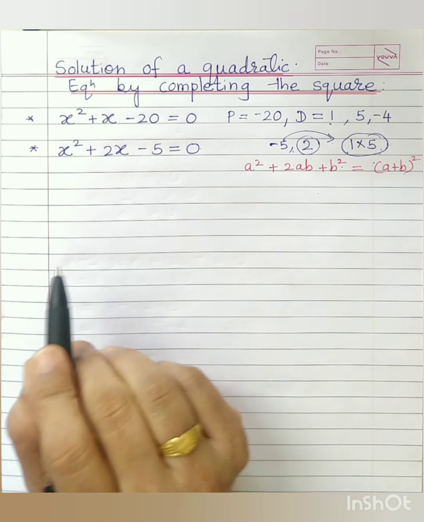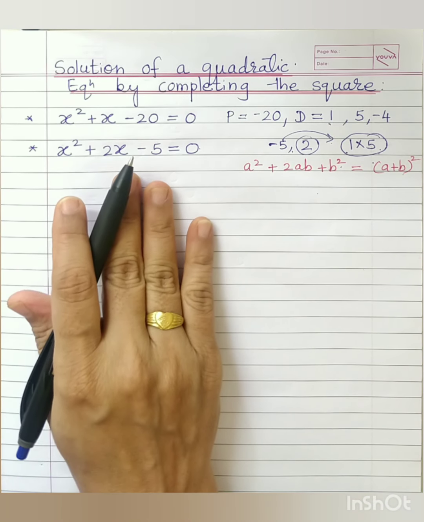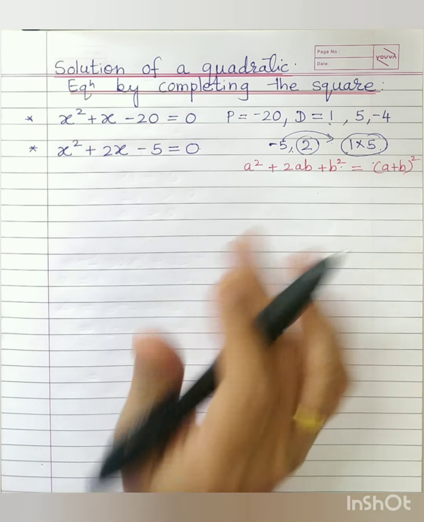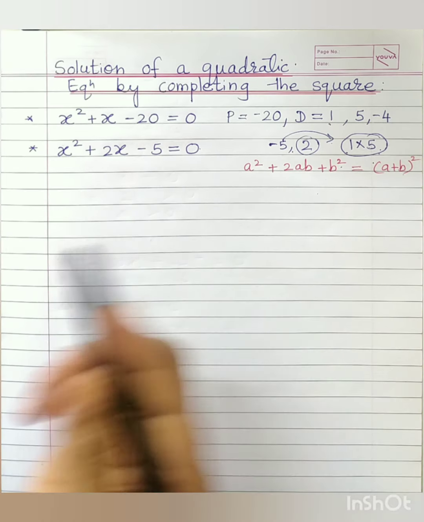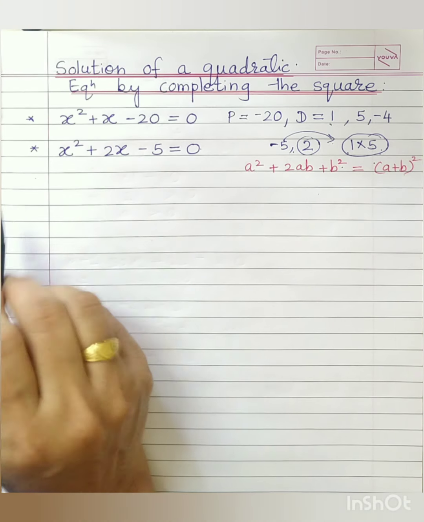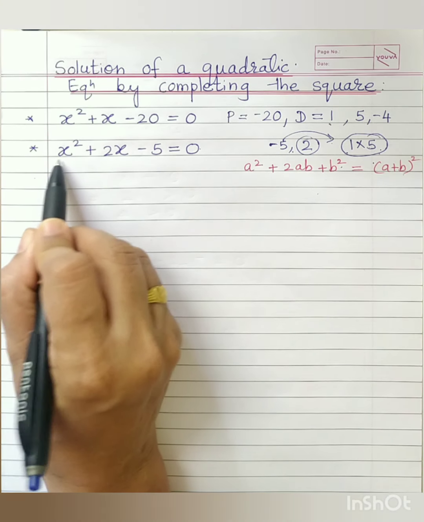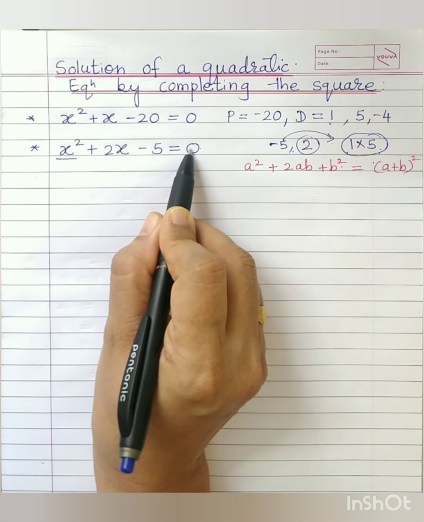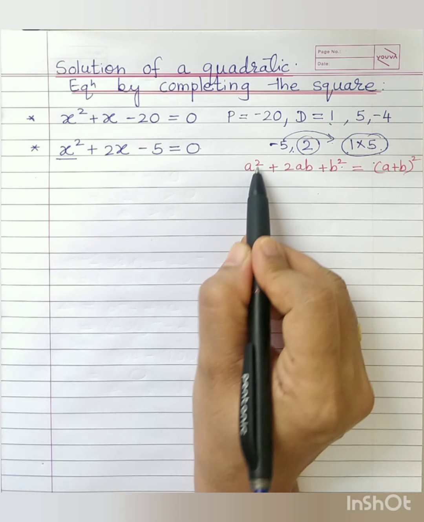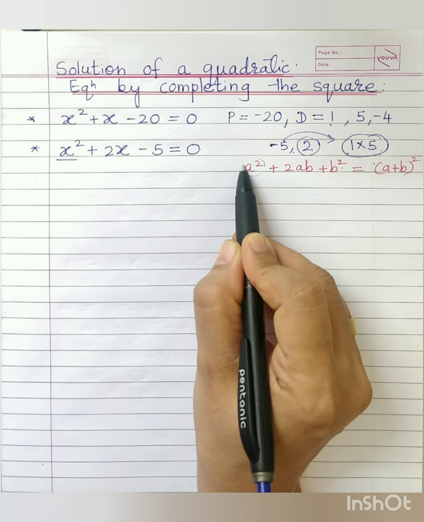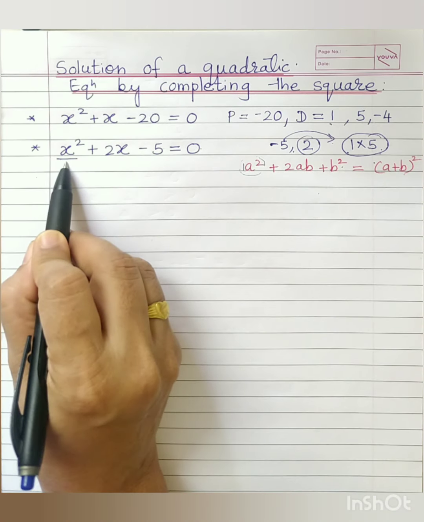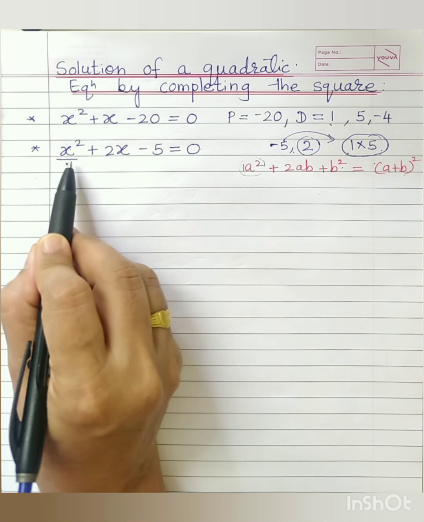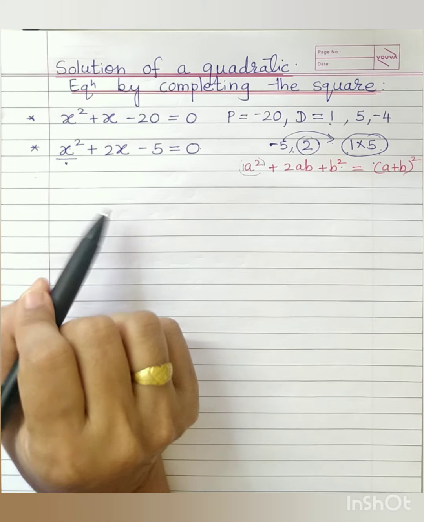That is our first step. One very easy method I am explaining, and in the second sum I will go for the method followed by your textbook. For understanding, I think you will find the method I am explaining right now easy. So first I have to observe whether this equation is in standard form. Yes. Second, since the coefficient of x square here is 1, I need to check what the coefficient of x square is. Again it is 1, so I can proceed here.